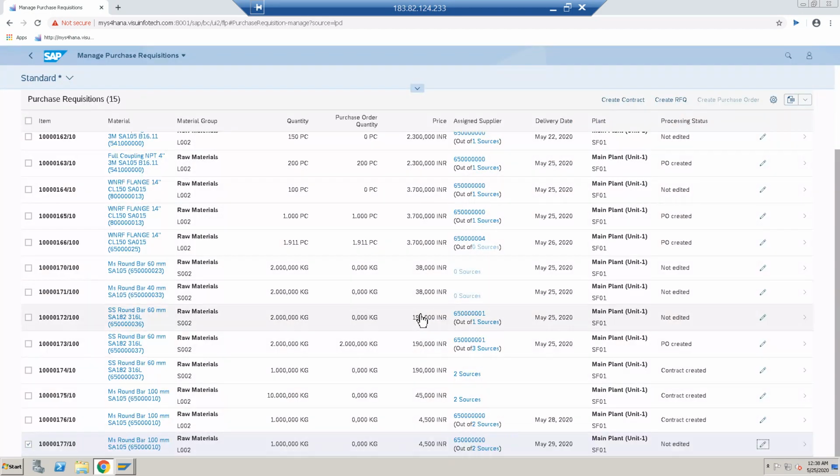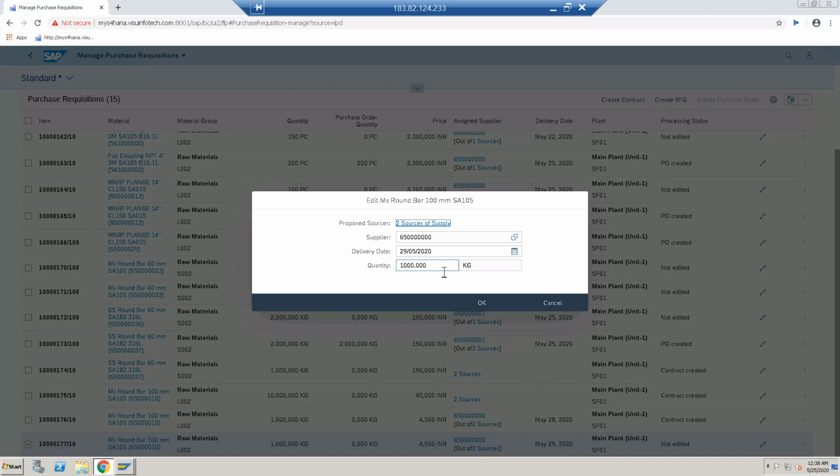If you want to change the quantity, you can change the quantity here. If you want to change the delivery date, you can. If there is a source of supply, then no extra tab will come. If the material doesn't have an info record or source of supply, then the next tab will come, and we choose the vendor from where we want to buy this material.